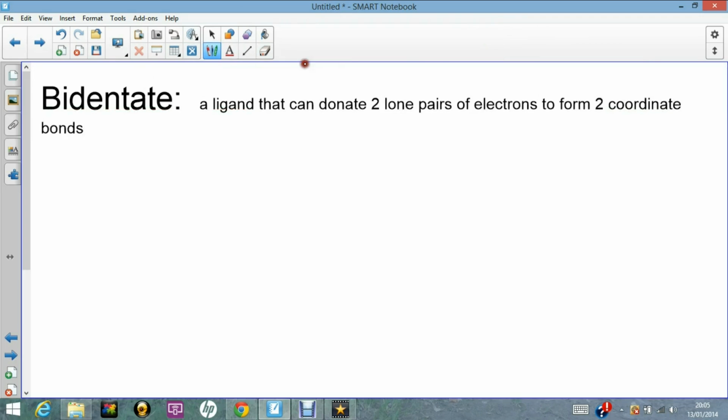So again, this definition is going to give you 2 marks in an exam. It's more likely that they'll ask bidentate than monodentate. So what we're looking for are molecules with 2 lone pairs of electrons that have the correct geometry to form 2 coordinate bonds. So the 2 that are very common